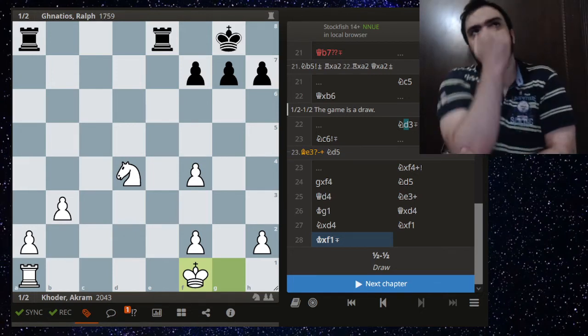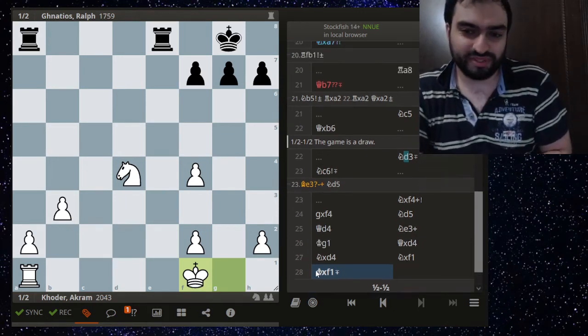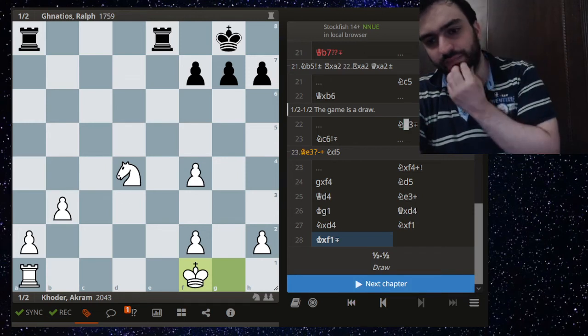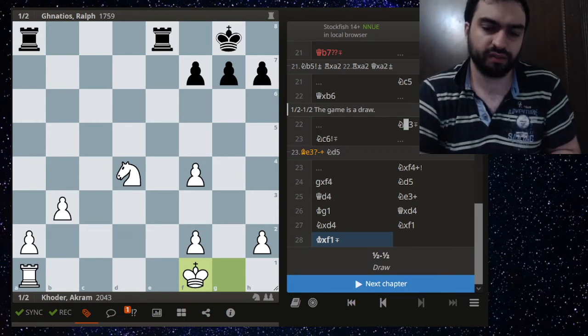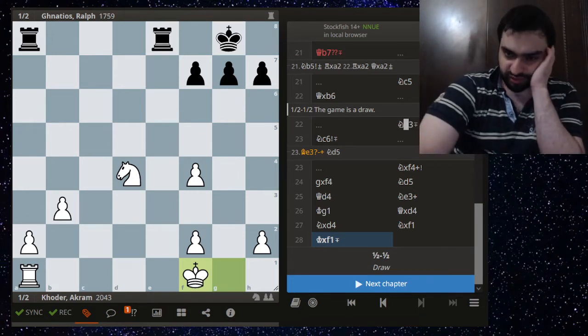I mean, with the passed a and b pawns, maybe it's a bit fun. But yeah, in principle, this is how it should have continued. And here at least, black shouldn't lose, right? So maybe Ralph calculated this line and went for it. I mean, he thought he didn't have any winning chances, but